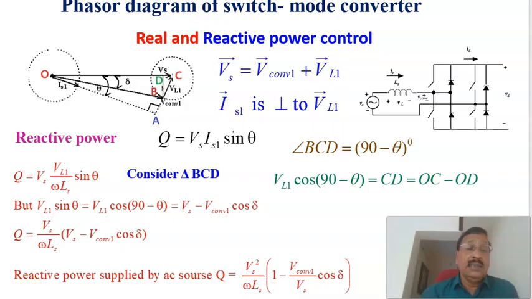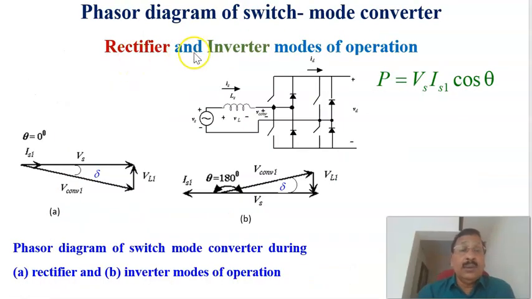That is the basic concept. Now continuing the rectifier and inverter mode of operation of the switch mode converter, as we have seen already, the real power flow is equal to P equal to Vs into Is1 into cos theta. And we have already derived the equation for the real power flow between the AC grid and the DC